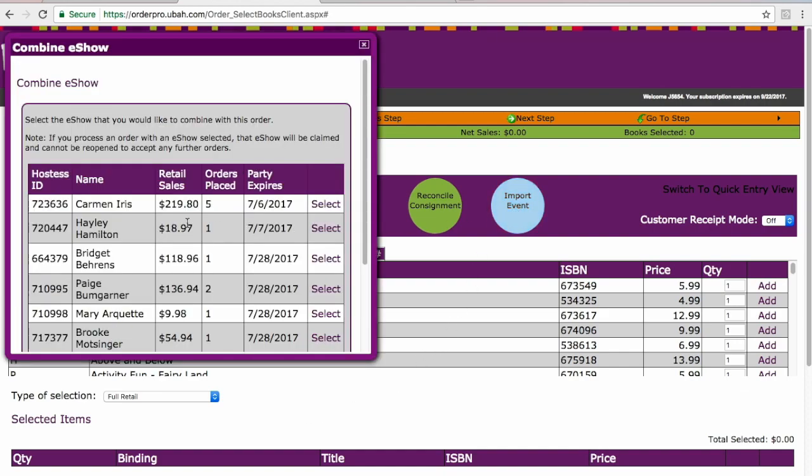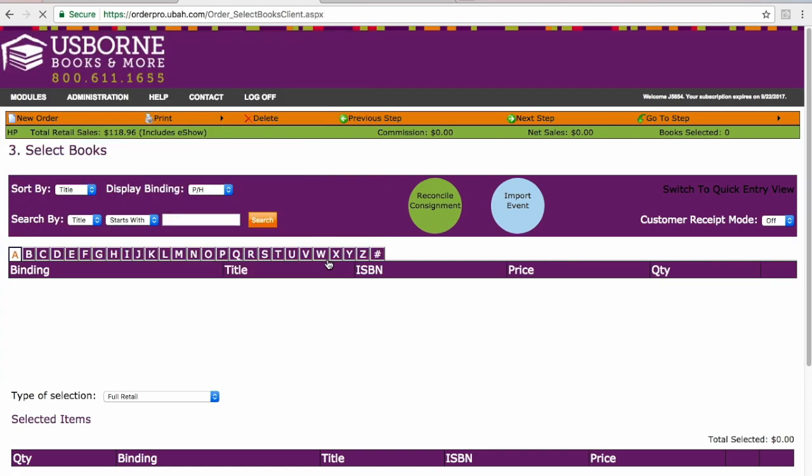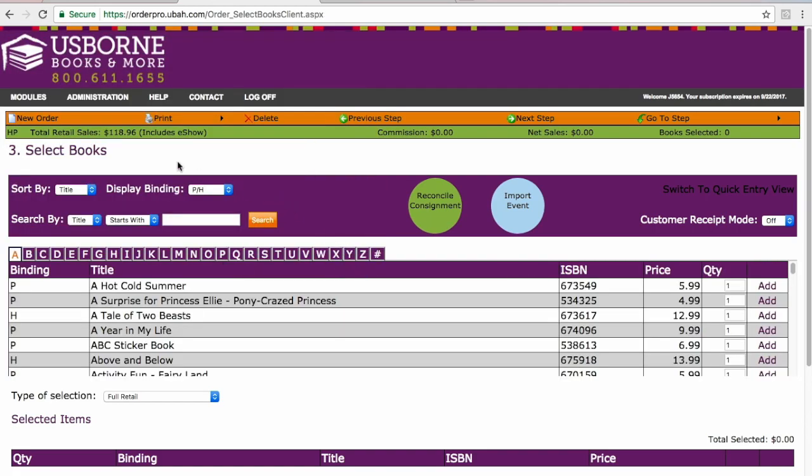So once you do that, you're going to click on your event. So I'm just going to click on this one here so we can have some free books to look at. So I click Import Event, I click Select, and then as you can see here, there are my party sales. So I'm going to pretend that I want to bump myself up to the next level. Now of course this party isn't eligible for double free books because I'm not at $250, but I'm just using this as an example. So I want to bump myself up to $125 so that I can get more free